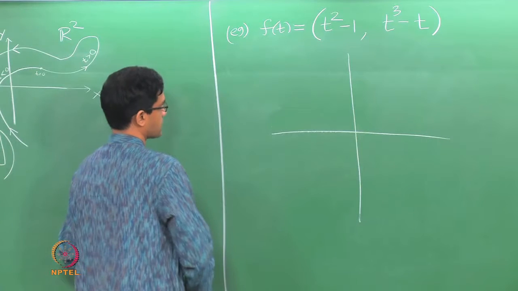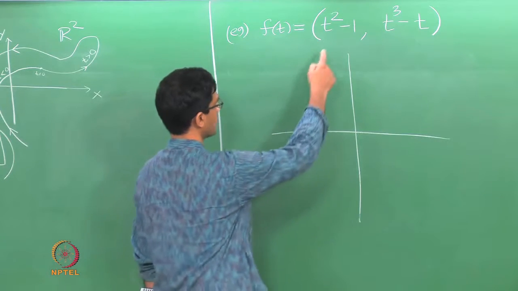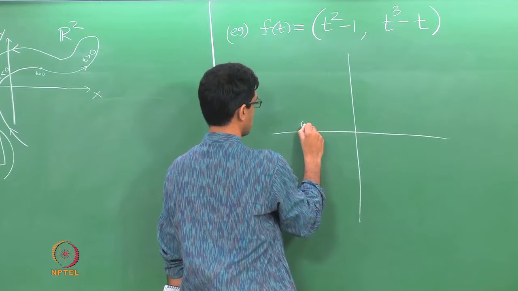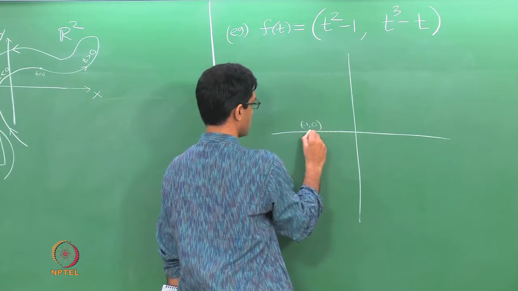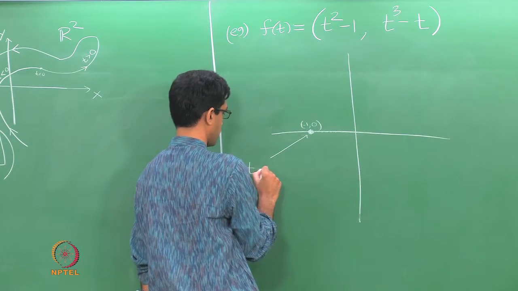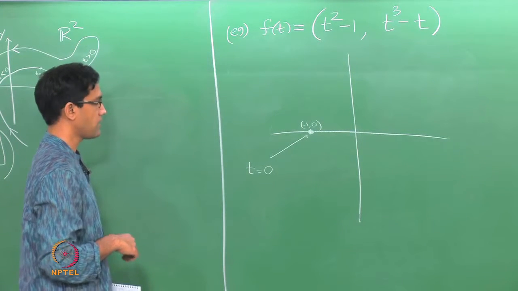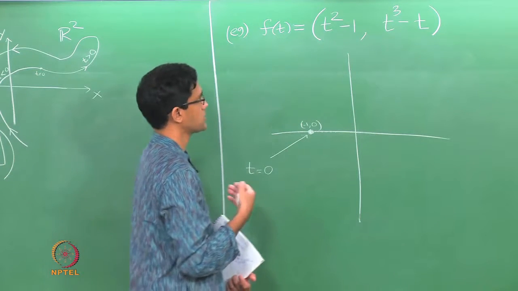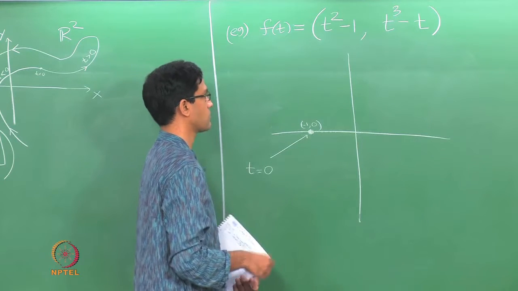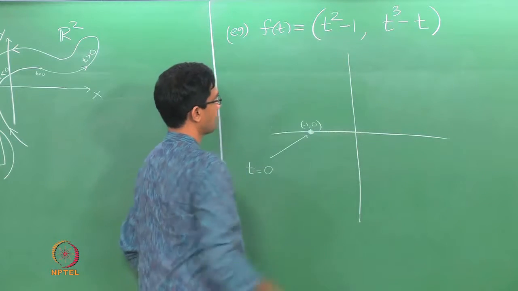So let us do the following. Let us look at where this particle is when t equals 0. So if you plug in t equal to 0, you get minus 1 comma 0. So this point here on the x axis, minus 1 comma 0, this is the position of the particle at time t equal to 0. Okay. So let us just denote that this is position at t equal to 0, and then we see what happens as time increases, or in fact as time decreases, whatever you do to time, either increasing or decreasing, observe that t squared will always be positive.